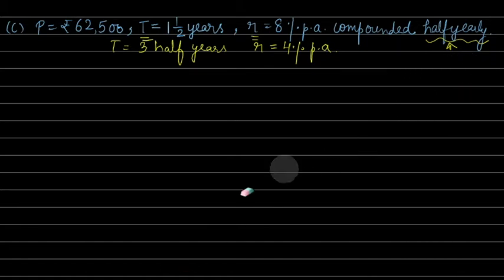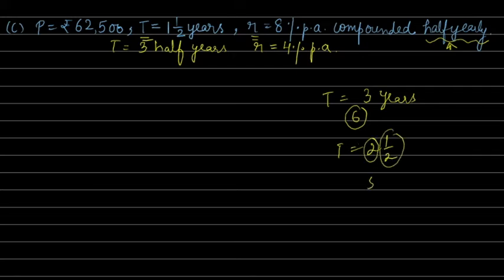So this is how we will be calculating. If I say the time period is given as 3 years, and interest is compounded half yearly, how many half years are there? 6, right? If it is 2.5 years, how many half years are there? 4 years here and this half. It means T becomes 5. So this is how we will convert it. Now this is simple, we have made the required conversions.